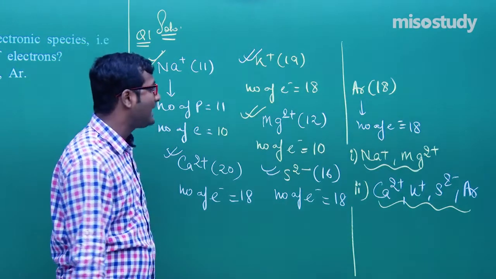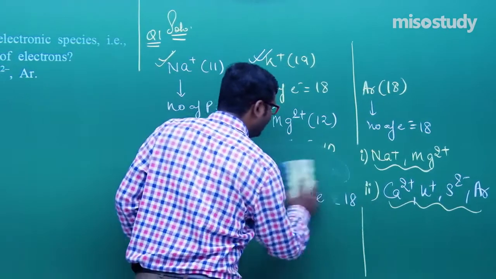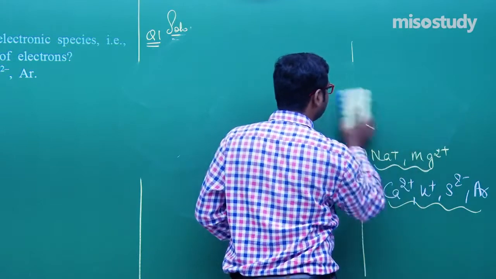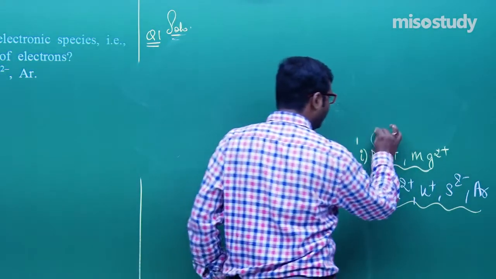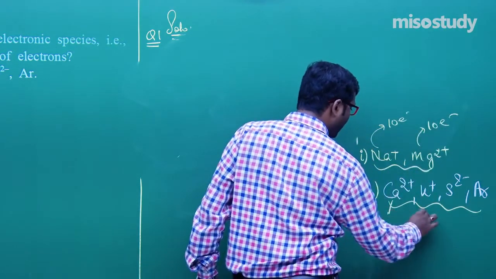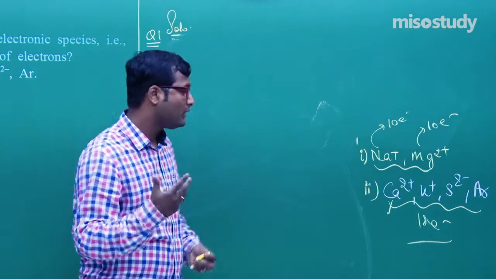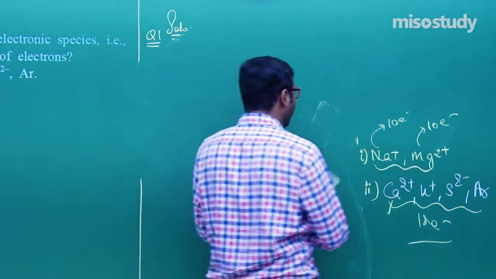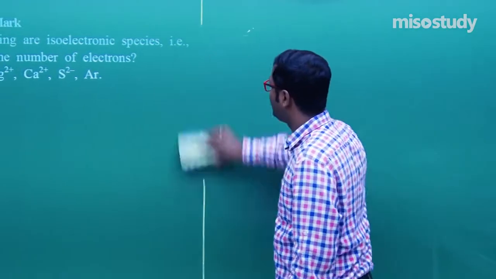So this question carries only 1 mark. So you just need to count the number of electrons and write down the answer. This is sufficient for you, and put here just 10 electrons and 10 electrons. Clear to you? Put here overall 18 electrons. That is a simple answer, because this question contains only 1 mark. So you have to reply according to the given marks. Clear? Now let's move to the next one.